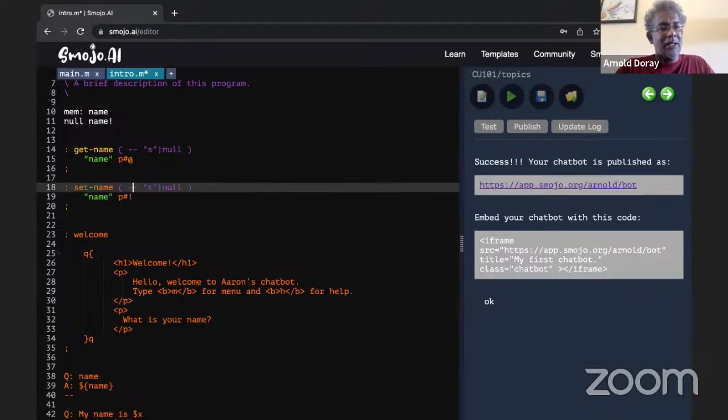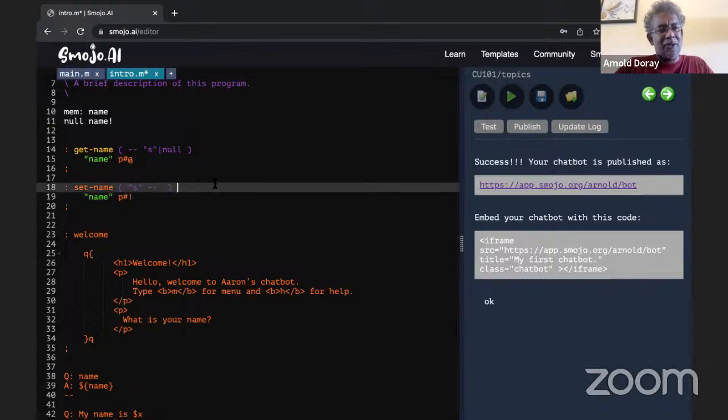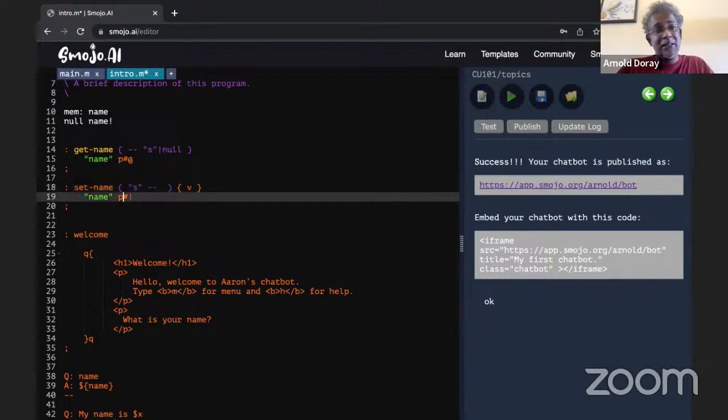And this one, I need the name to store it in, and that's it. But here it's the key followed by the value. So I need to use a swap. Or if you don't like a swap, you might prefer to write the value for the name itself to be Arnold, right? It's the name, the key, followed by the value, followed by the p